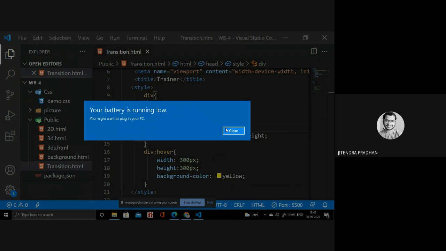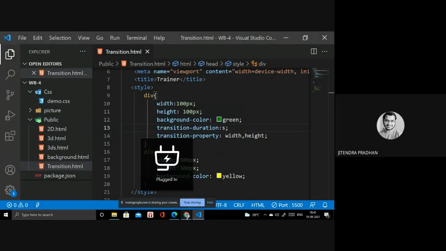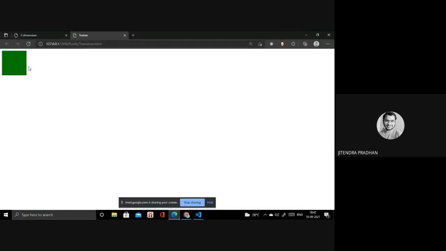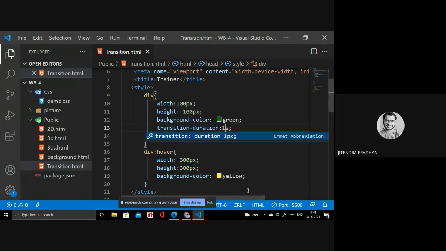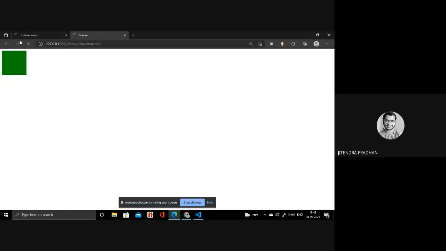Let's see. Wait, I will connect my charger. Okay, the duration will be, sorry, 10 seconds. It moves slowly because I wrote 10 seconds now, so the whole effect takes 10 seconds.